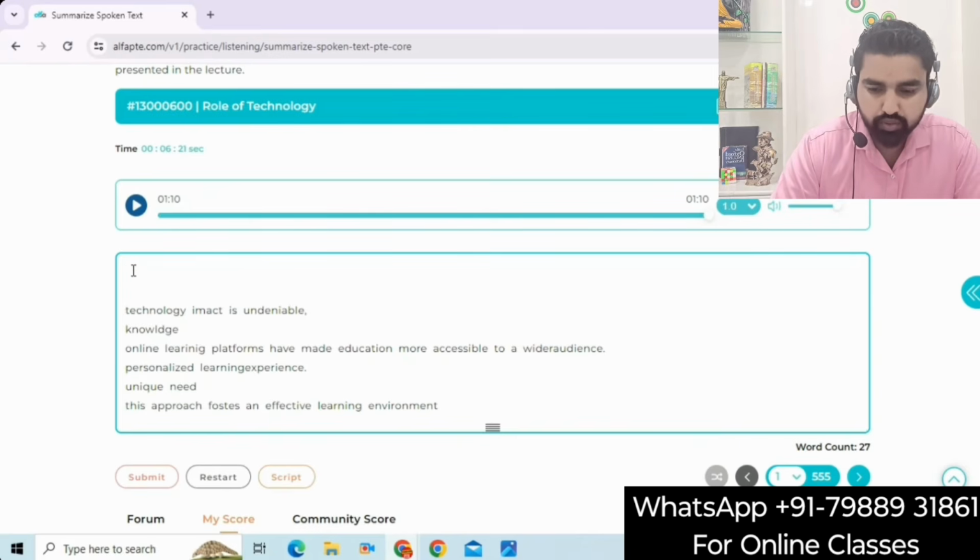You don't actually have to use a template for this. If you can make sentences on your own, that would be better. I'll show you an example with a template as well, but for now I'll be making the sentences entirely based on these phrases. So technology,